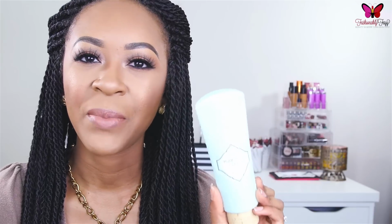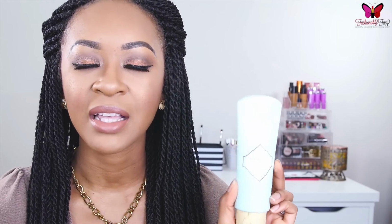It's such a luxurious, like I said, feeling product on the skin. It gets your skin really, really clean, and it also smells so good. So I wanted to mention this again because I'm obsessed with it. I've been using it morning and night every single day, so I had to go ahead and mention this to you guys. And then the next skincare product that I wanted to share with you is actually a little sample